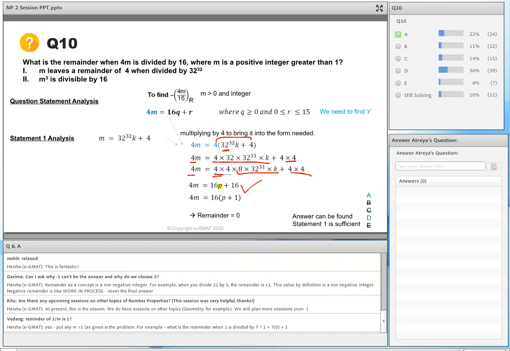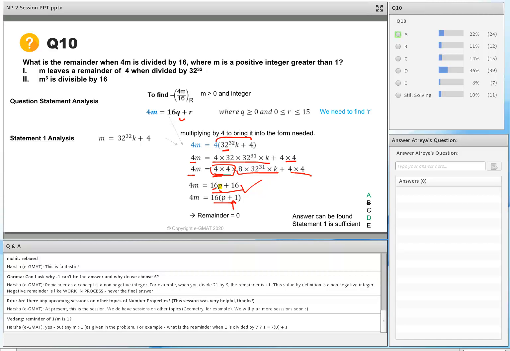That's equal to 16. What is this 4 times 4 into some number? That is 16 again, times p. Again, I'm not that interested in p. p can be any expression. So I can write 4m in terms of 16p plus r. Now taking 16 common, I write that as 16 of p plus 1, which can be written as 16